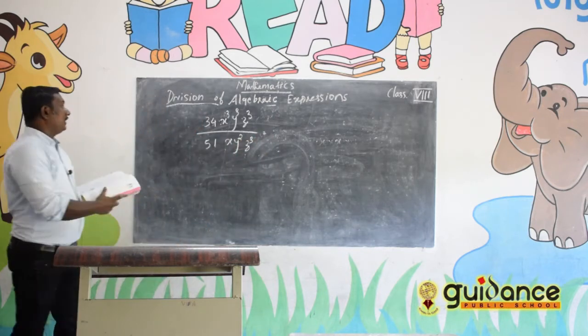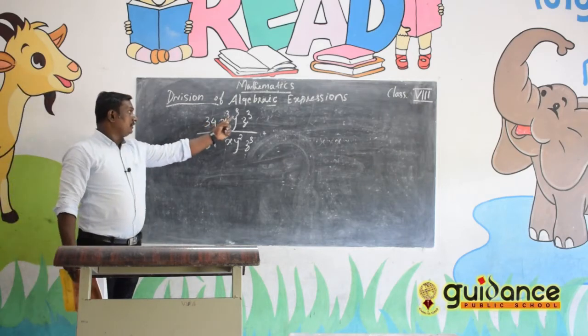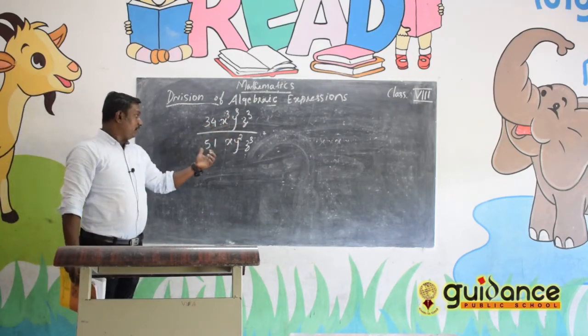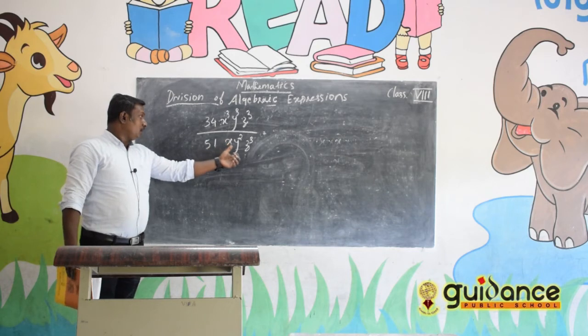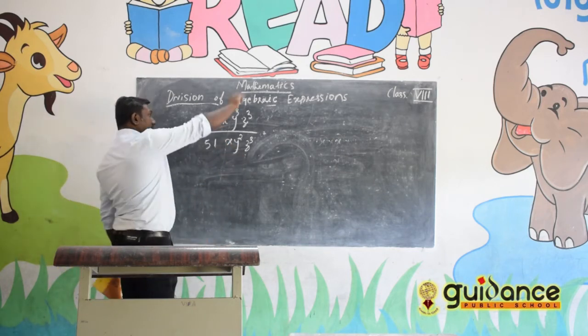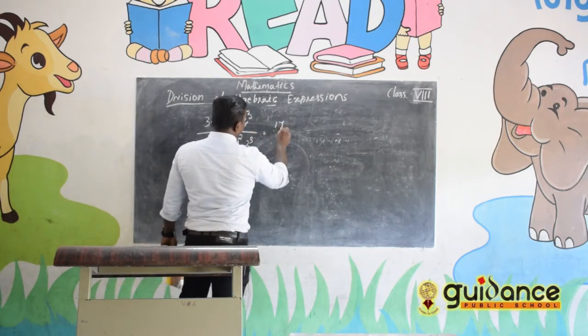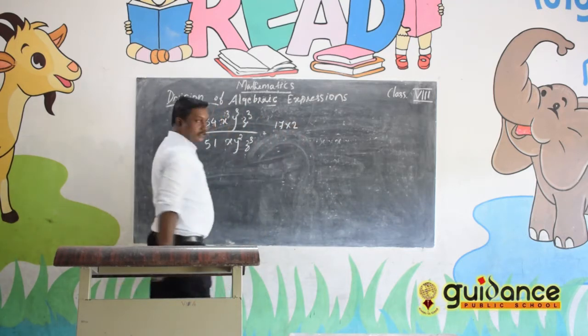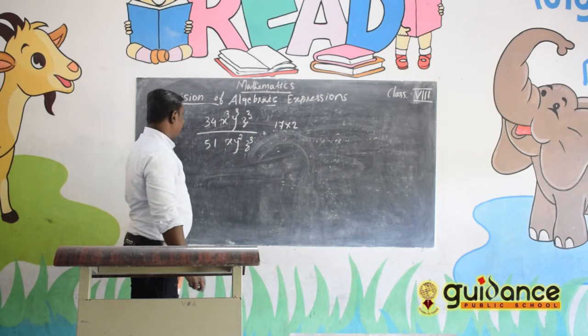So the question is 34 x cube y cube z cube by 51 into x y square z cube. So we can factorize the given terms. I think 17 into 2 is 34. 17 into 2 is 34. x